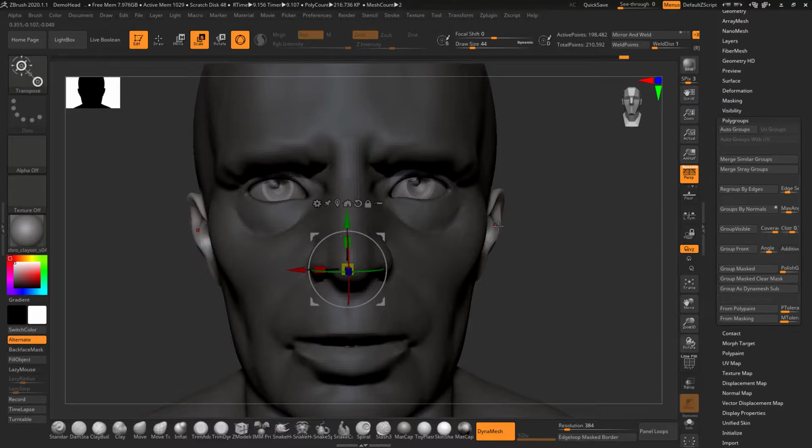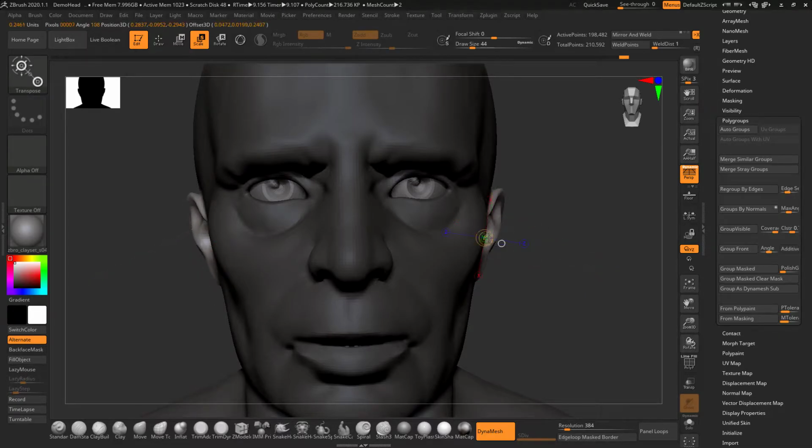Then I can click on scale. If you are seeing this kind of scale transformation gizmo, it will scale like this. But you can go back to the old transform gizmo, which is quite easy to work with.